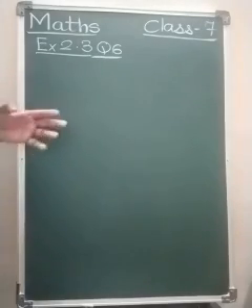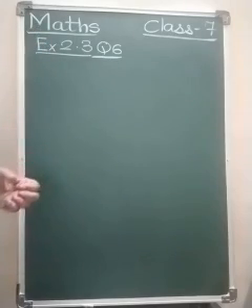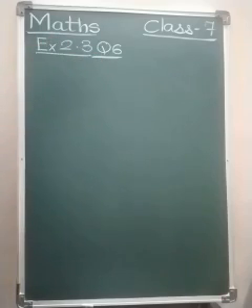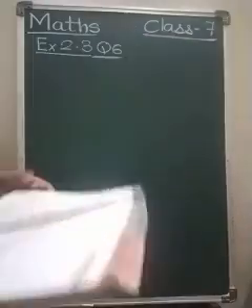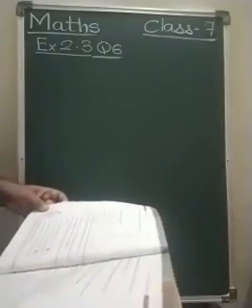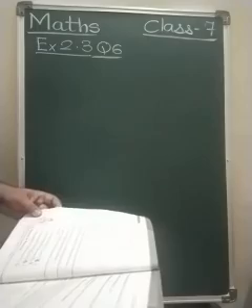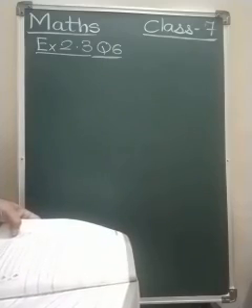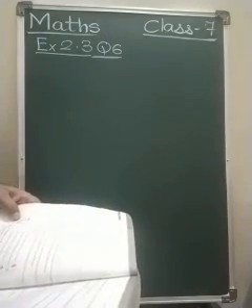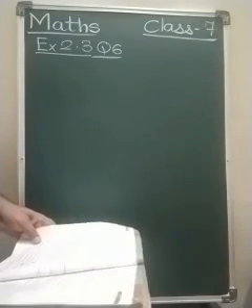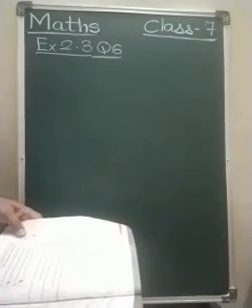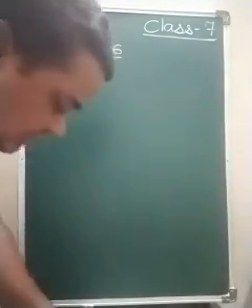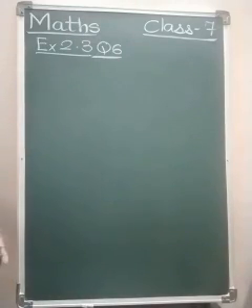We have a bit of time left, so we'll try to solve this full exercise right now in this video only. So we'll move quickly towards question number 6. And question number 6 says, Lipika reads a book for 1 3 upon 4 hours every day. So every day 1 3 upon 4 hours she reads the book. She reads the entire book in 6 days. How many hours in all were required by her to read the book? You can read the question in your textbook while solving the questions.